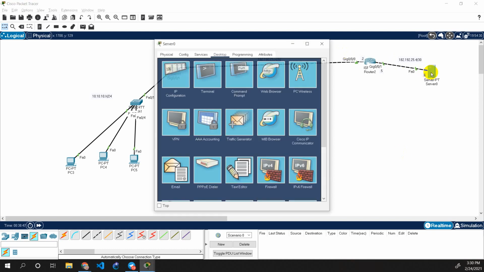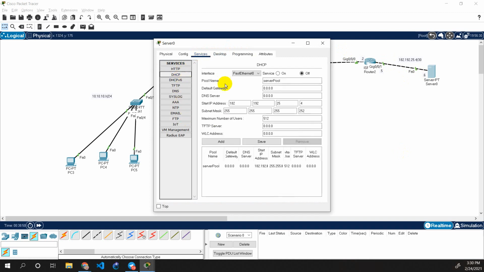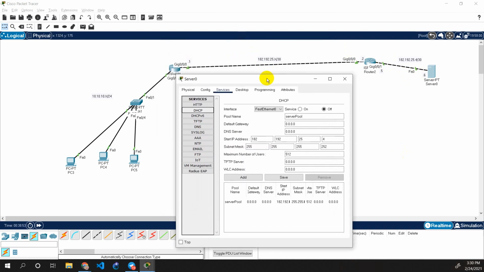Alright, so let's configure this so it's in our services, and then it should be over here, DHCP, right? Okay, interface is that, right? FA0/1. Yeah, service should be turned on. That server pool will be, let's say, server pool, right? Does not really matter. Default gateway is nothing else but